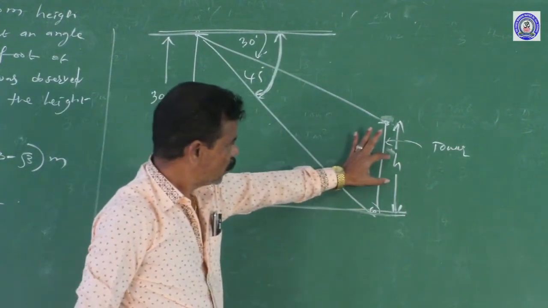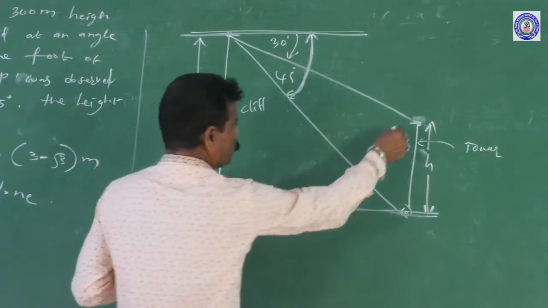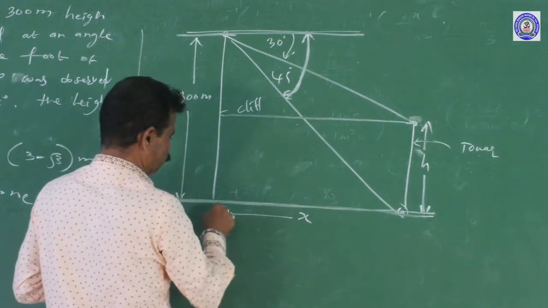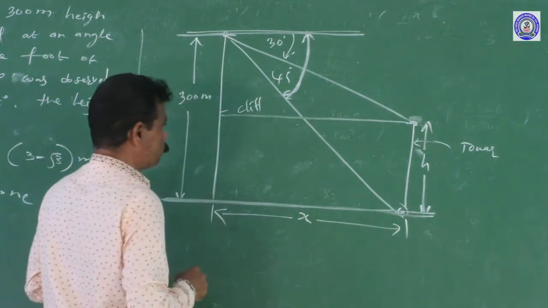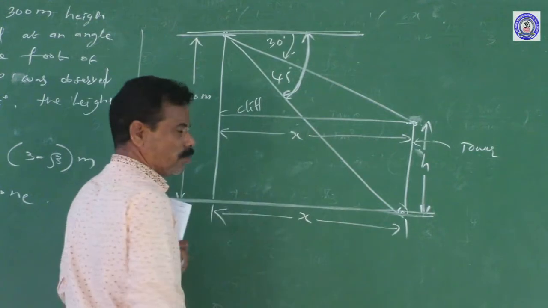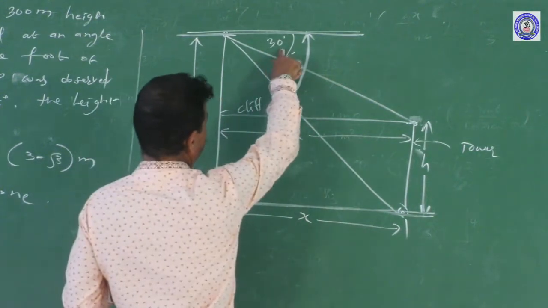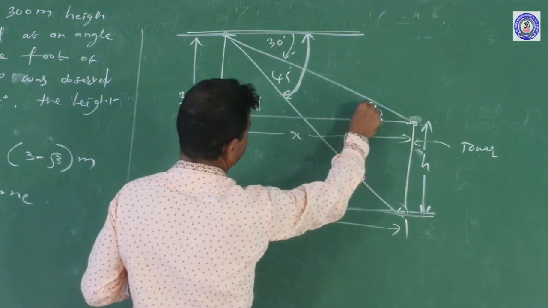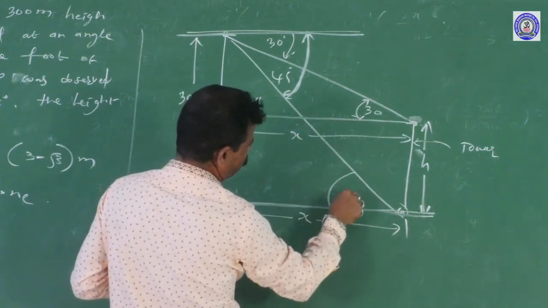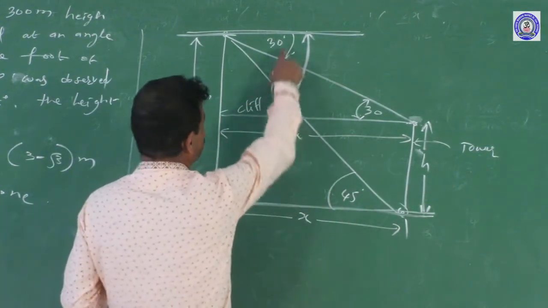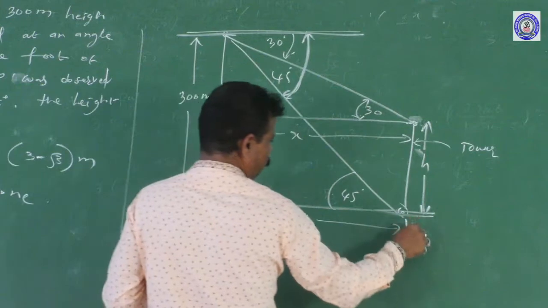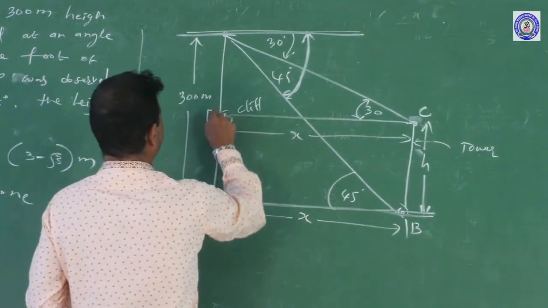So he is asking how much is the top of the tower. So we draw a parallel line to the base. This length, let us say x, here to here. This length is also x because both are parallel lines. So if here depression is 30, here elevation is also 30. Here 45, here elevation 45. These are elevation angles, these are depression angles. Both are equal. So from this diagram, let us name A, B, C, D, and the point P.